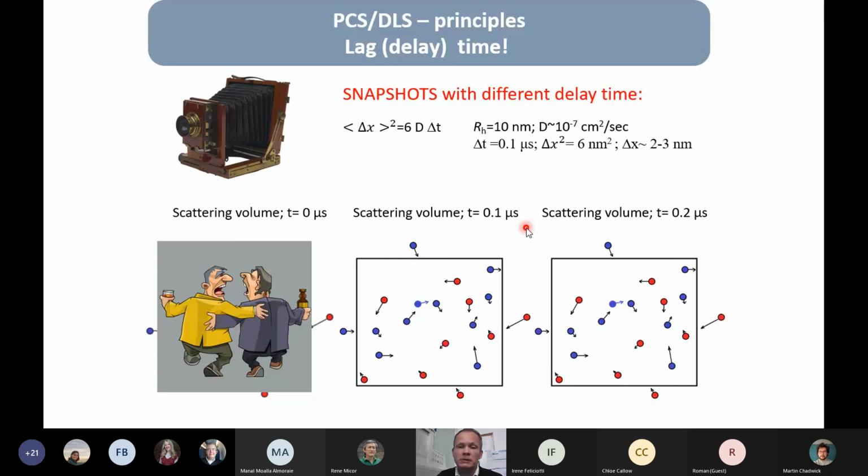Because the time is definitely not enough to move. Well, I can provide some calculations based on the diffusion coefficient, because the Brownian motion is governed by the diffusion coefficient. So with 0.1 microsecond delay time between snapshots, there will be no changes between snapshots, and